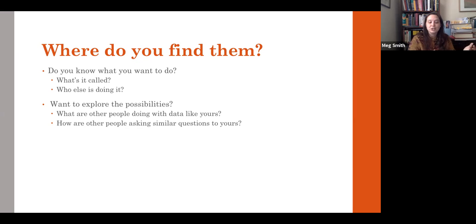Is it an illustration to support your argument? Is it a way for users to explore your data? Is it a tool for analysis? All of those things use maps, they produce maps, but they're doing very different things. So thinking about whether you're looking for map-based storytelling or interactive maps, or maybe a GIS application will help you